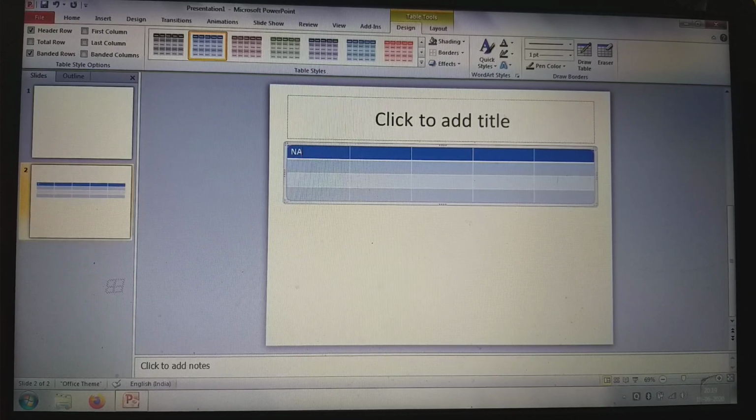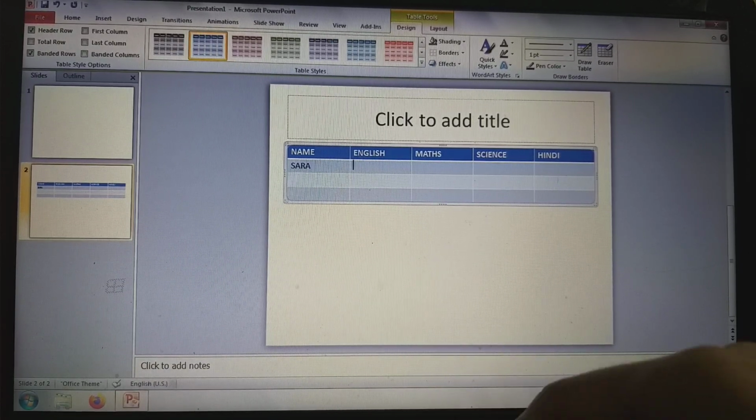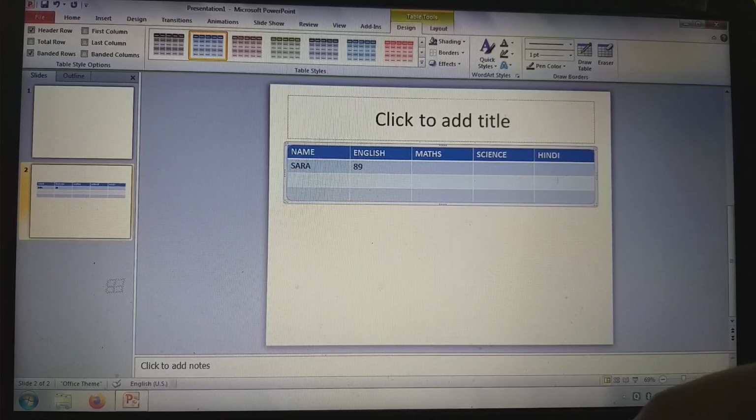First, name, subjects, English, Maths, Science and Hindi. Name, Sara, English marks 89, Maths 90, Science 87, Hindi 90.